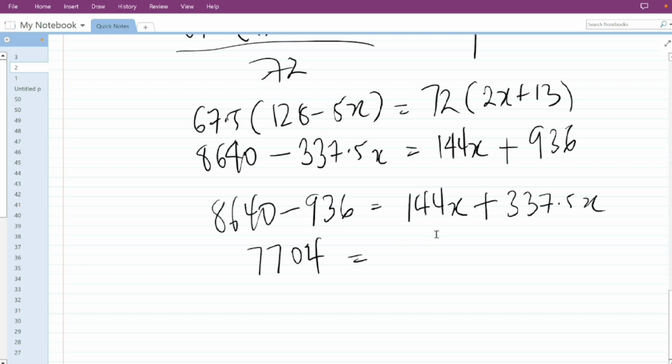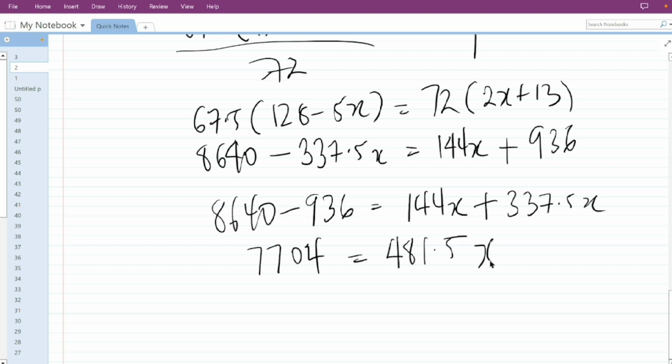On the other side, equals 144x plus 337.5x. With your calculator, 144 plus 337.5, just writing one of the x's, then you have